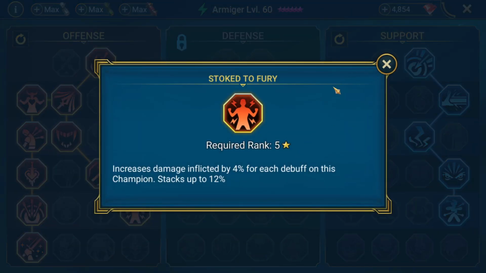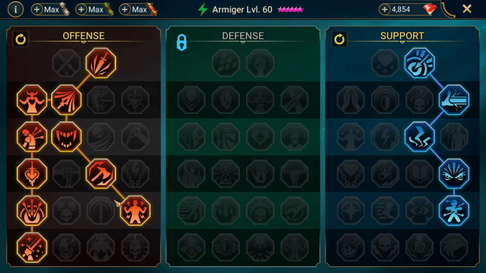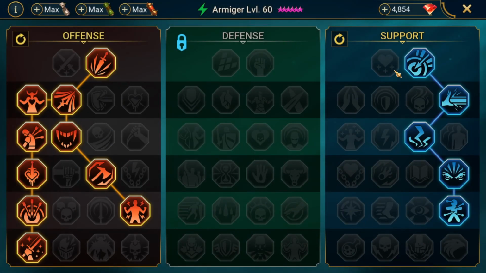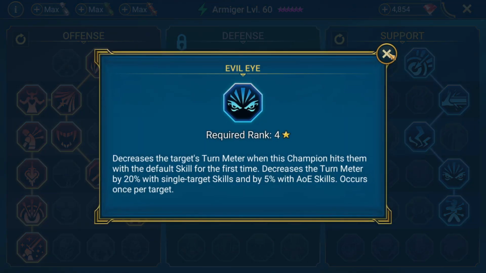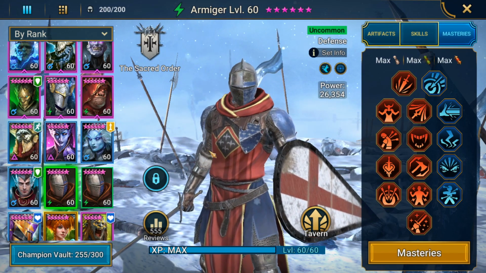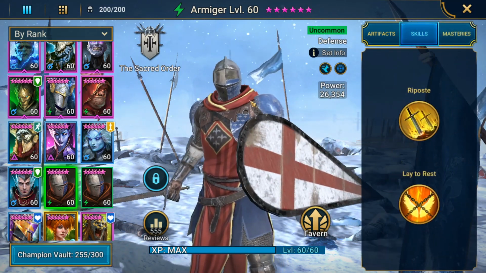As well as Stoke to Fury, so he does more damage when he has poisons on him. That's good for Spider. And then Heart of Glory to do more damage when he's at full HP. And then in the accuracy tree, I just wanted to get him a little bit more accuracy for Spider and such, as well as Evil Eye, which was the big one that I wanted. Master Hexer doesn't matter at all. I just got it to make the red dot go away. But those are the Masteries that I'm running. I do have two of them, and I will show you why, but let's get into his